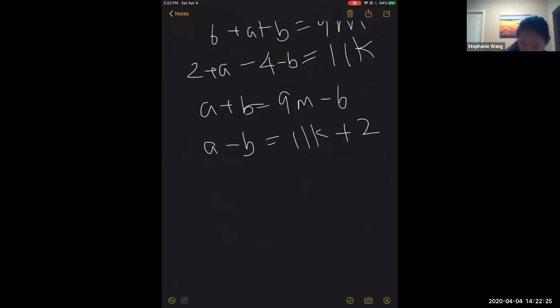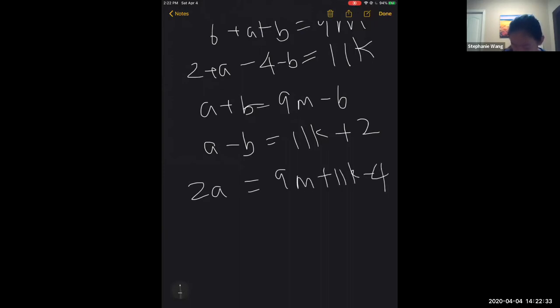we know that if we add these two equations, we get 2a equals 9m plus 11k minus 4. So let's just look through these values for m and k. Let's say we want to make sure that 9m plus 11k minus 4 is even, right? So let's say we have